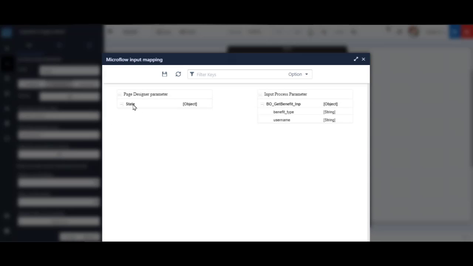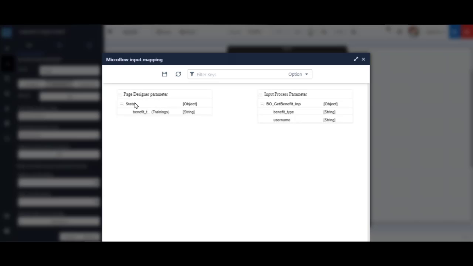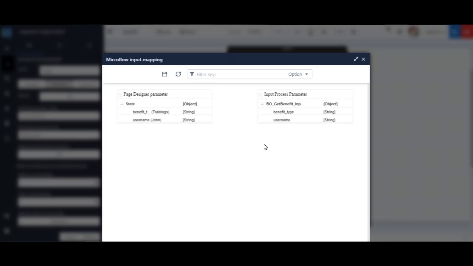In this visual data mapping, the first step is to create the page state. Page state refers to the view state, which is the hidden field on the page UI and helps you to create the parameters directly from the UI. You can create the parameters under page state, define any values if required, and perform visual data mapping to pass these values as an input to your microservice directly from the UI.